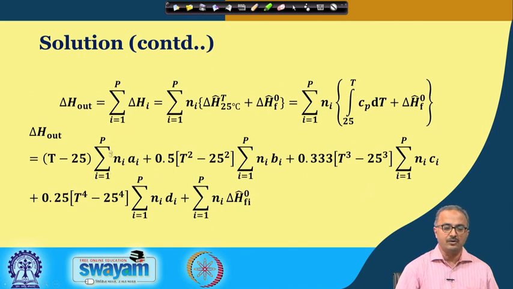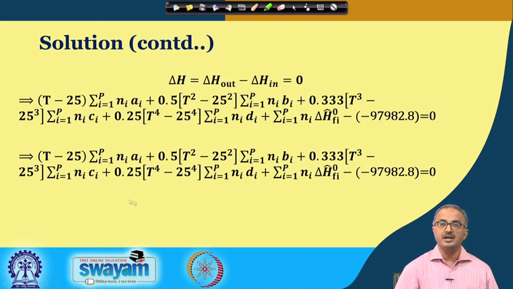So here you find all this summation represents the parameter in the specific heat equation, and these terms are representing the terms after the integration. So here I am not going to detail any more, it is simply rearranging the two equations we have found for these two enthalpies. And next, we are finding that the final equation becomes a cubic equation